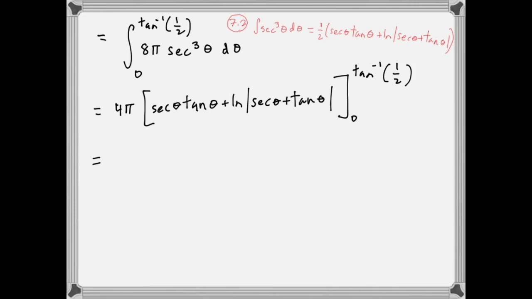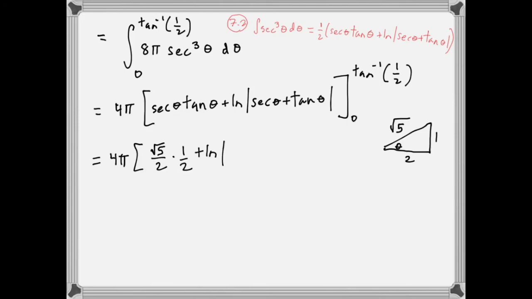What does this equal? So arc tan of a half, I'm ready to put this as my angle here, okay? So if arc tan of a half means that tangent of theta is a half, I can fill in this missing side of the triangle. This is actually root 5 if I use the Pythagorean theorem. And now I can write down what these trig functions are. So, what is secant of that angle theta? It's root 5 over 2. And tangent of that angle theta is a half